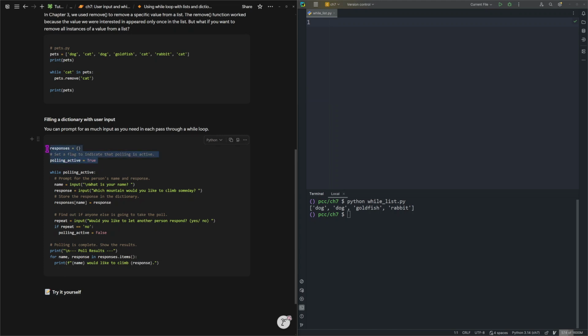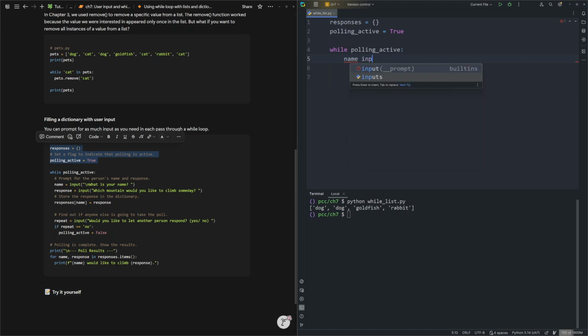And we are going to add items inside our while loop until the user gives us input. So we have a flag, polling active, and let's use it in our while loop. We're going to take two inputs, one for the key and one for the value. So input